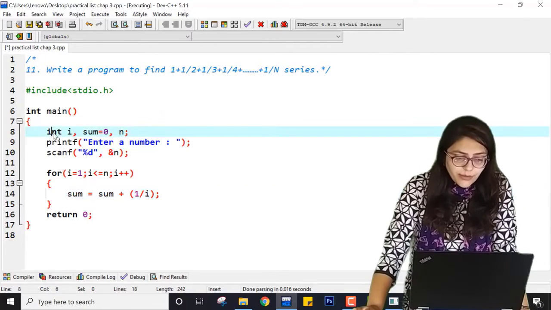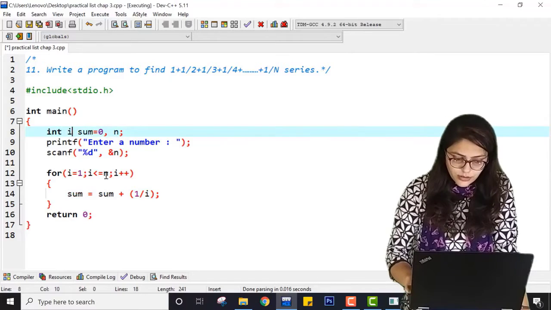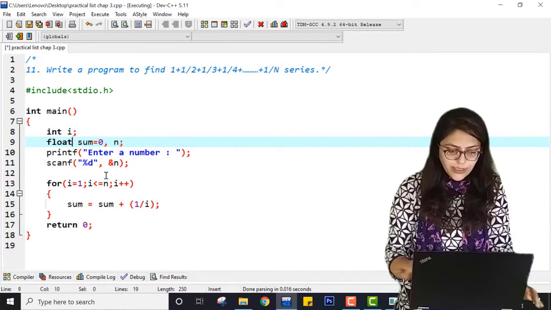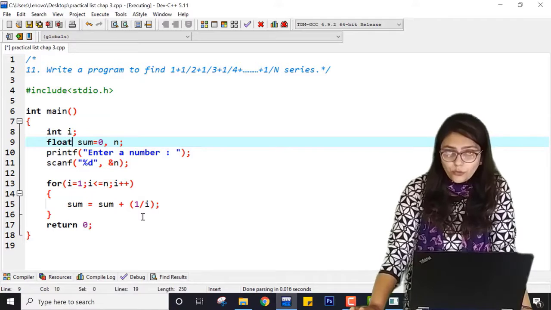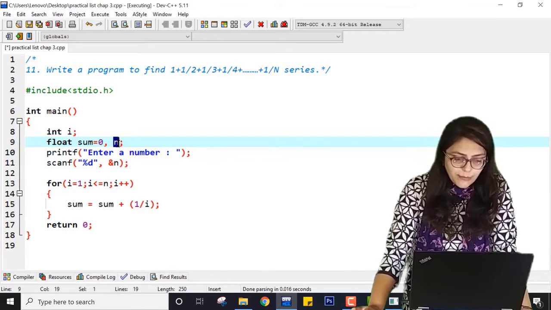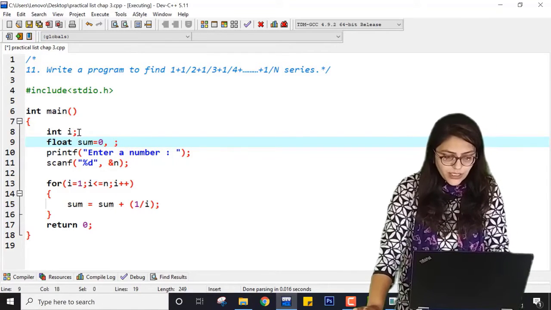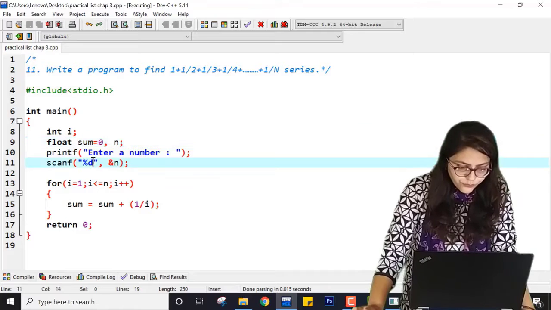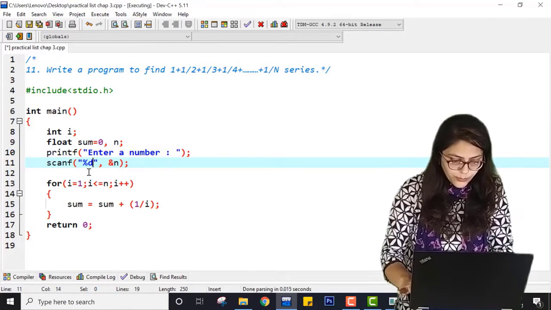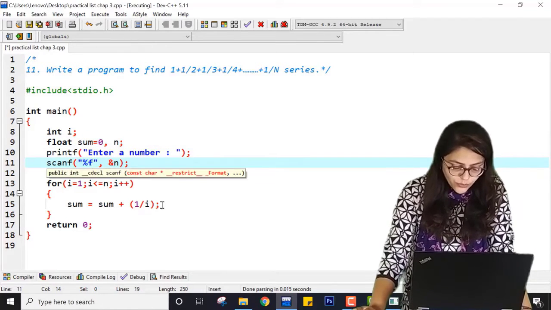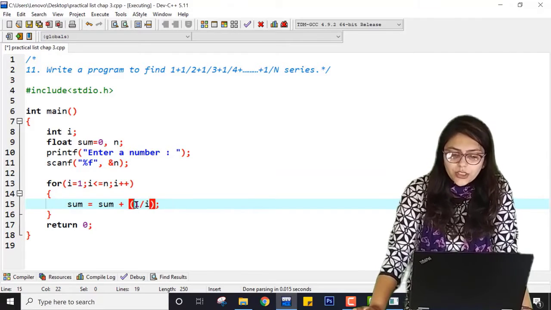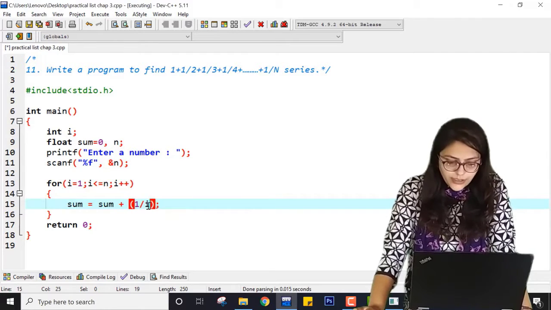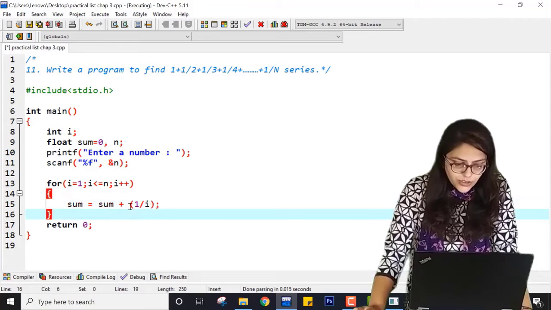Here, if I take this as integer, it will give me an incorrect answer because sum can be floating also. So here I am initializing everything as float. I hope you understand why I am initializing it with float. Now 1 is an integer and i is an integer, so the answer will be an integer.